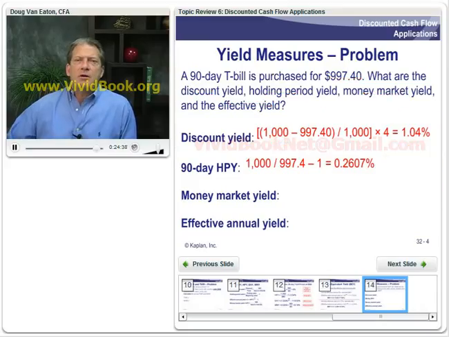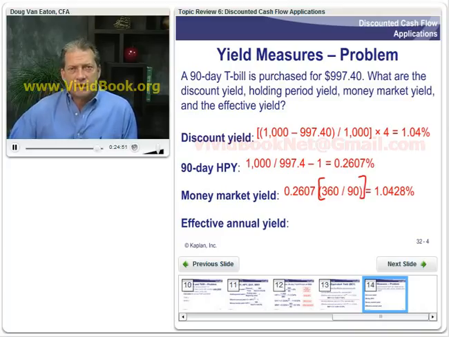How about our money market yield? Well, we just need to annualize that holding period yield on a simple basis, 90 days versus a 360-day year. That gives us 0.2607%, our holding period yield, times 4. So our money market yield is